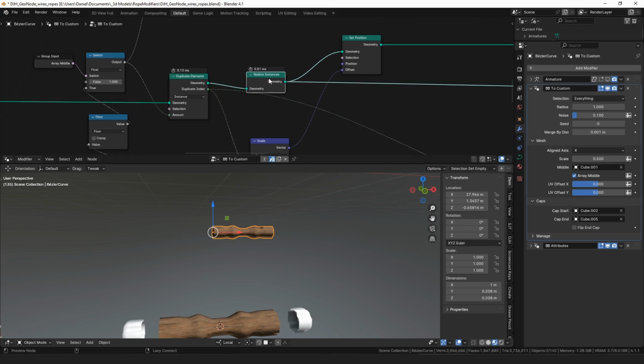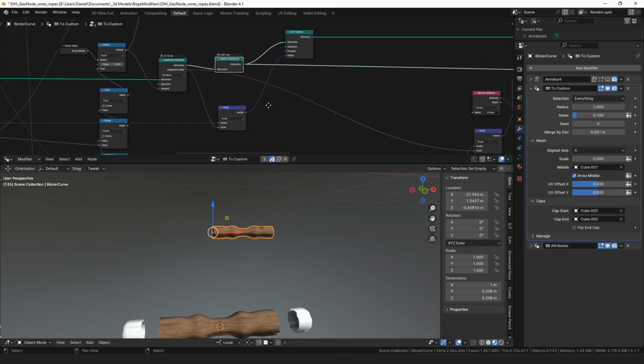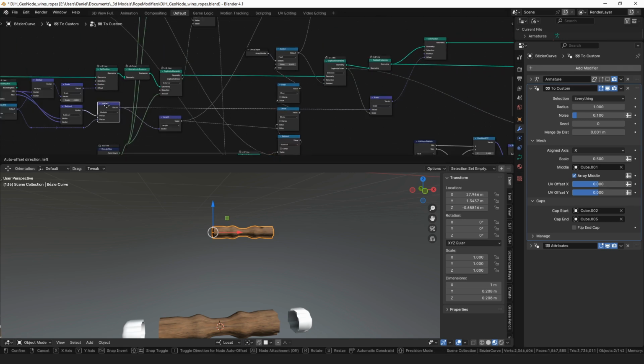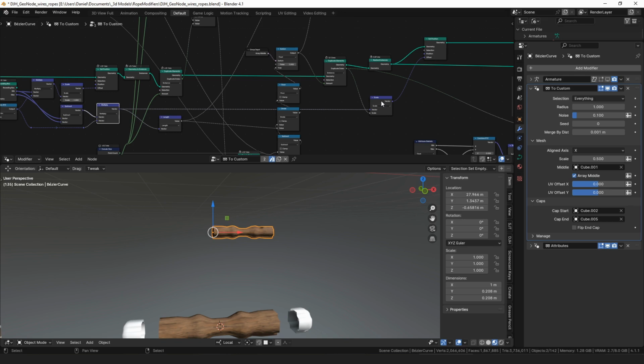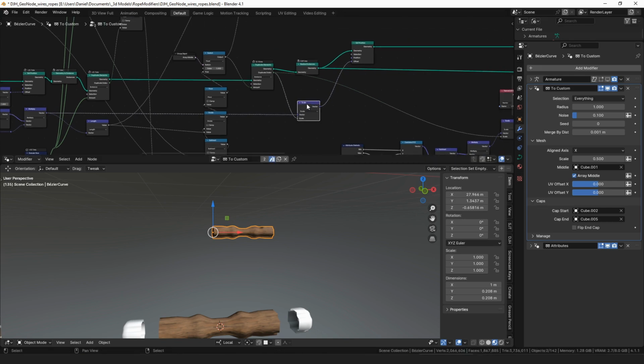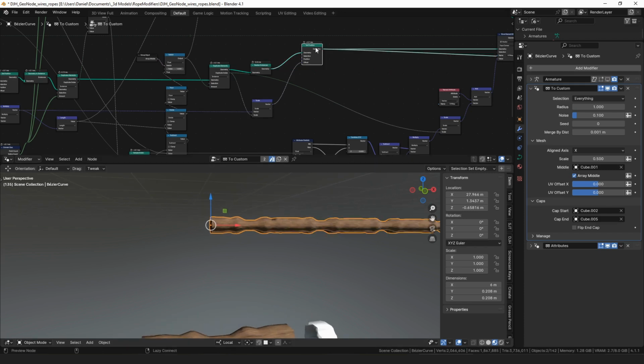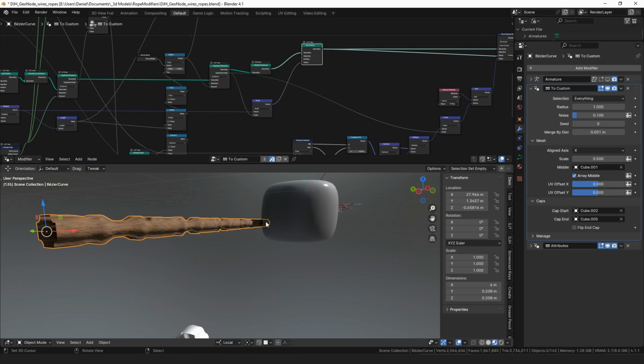So we're first going to realize the geometry, just so that we're working with an actual mesh again rather than instances. And then we're going to scale the size of the middle part on the x-axis, so the same vector we've been working with, by the duplicate index. So that'll be 0 for the first one, 1 for the second one, 2 for the third one, etc. And so what that does is it will stack all of those copies on top of each other, arraying out along the x-axis. So now we have our array,